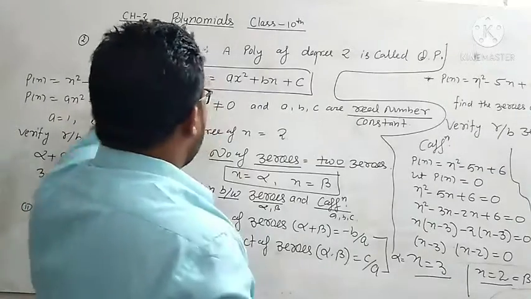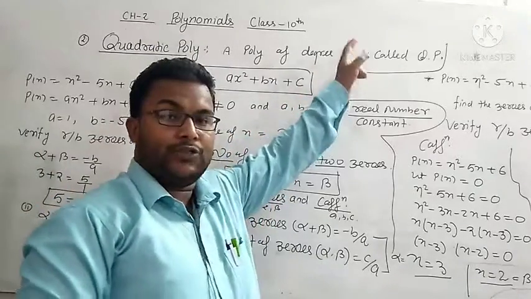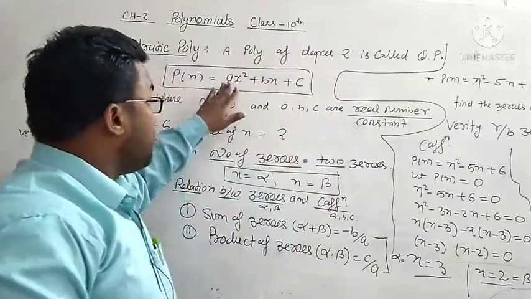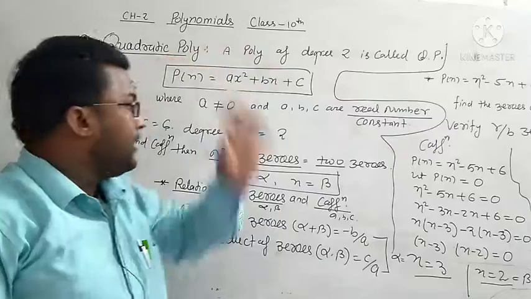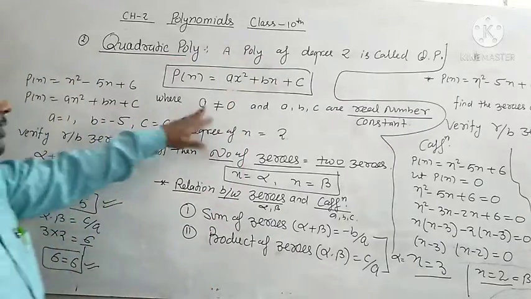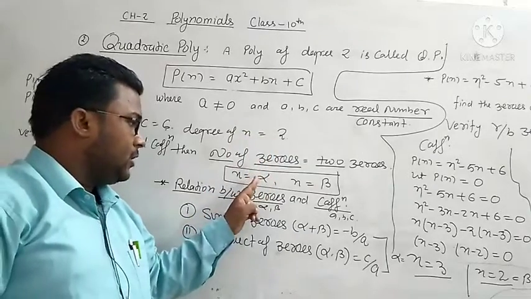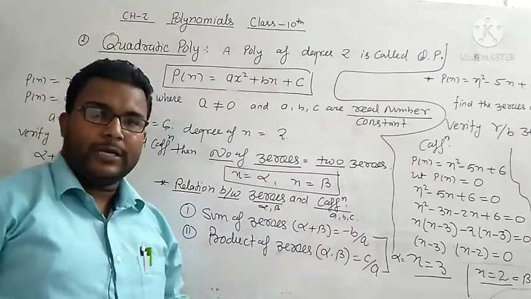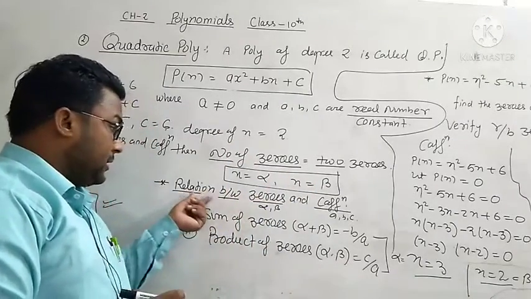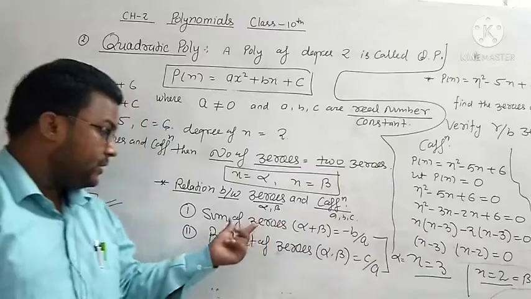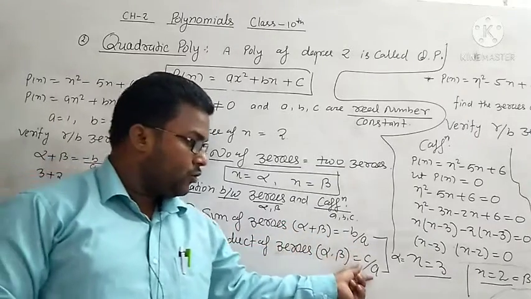Again explain, quadratic polynomials means the maximum degree of the variable is 2 is also defined the quadratic form. The general equation of the quadratic equation ax square plus bx plus c, where a not is equal to 0. If the degree is 2, then number of zeros is also defined the 2, x is equal to alpha, x is equal to beta. What is the relation between alpha, beta and a, b, c? The relation between zeros and coefficient, first alpha plus beta is equal to minus b by a, alpha into beta is equal to c by a.